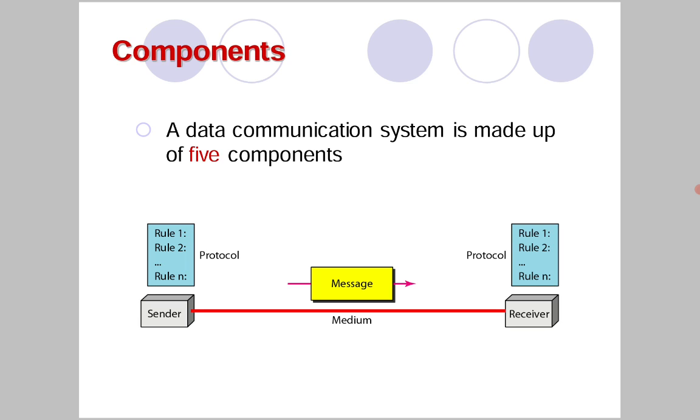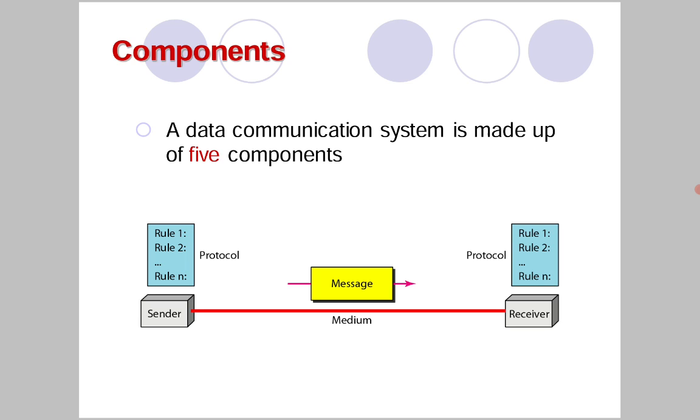What are the different components or parts of a data communication system? Generally, the first one is message. What is a message? Generally, how does data communication take place? In general, data communication is done